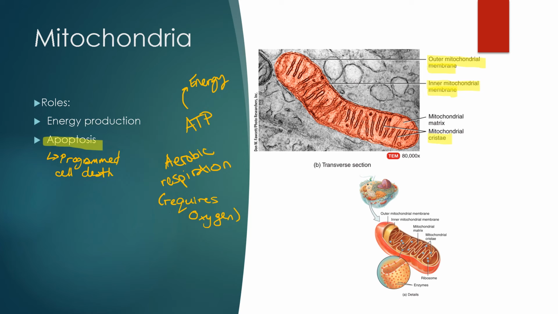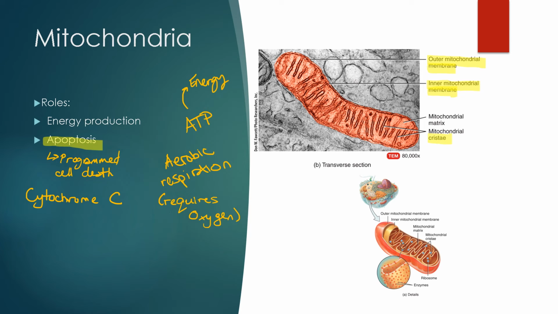Now, one of these chemicals is known as cytochrome C. And generally, this is in the mitochondria pretty happily. It works in creating ATP. But if cytochrome C is released into the cytosol, it initiates this cascade of activating protein digesting enzymes that bring about apoptosis. So we're going to learn a lot about this a little bit later, but essentially we know that